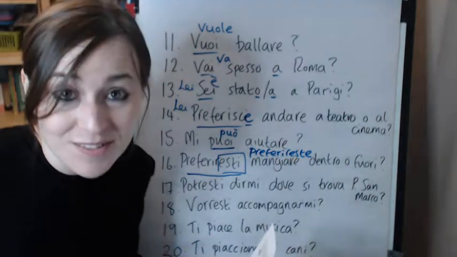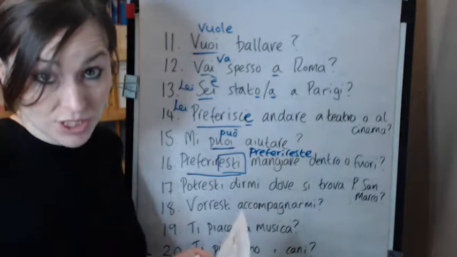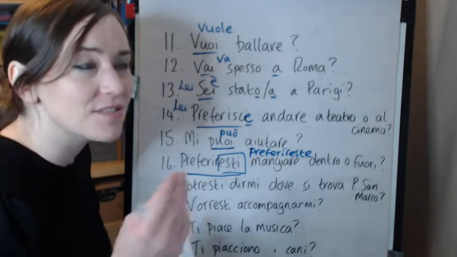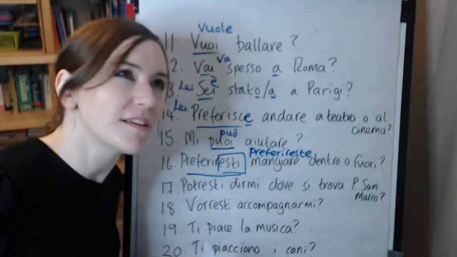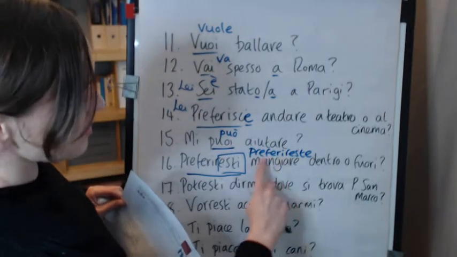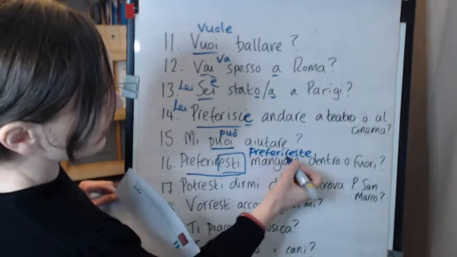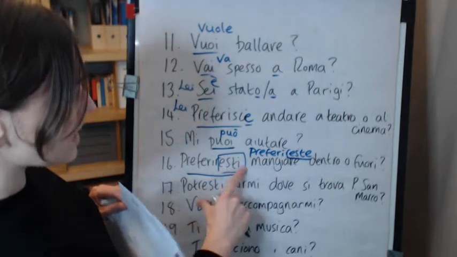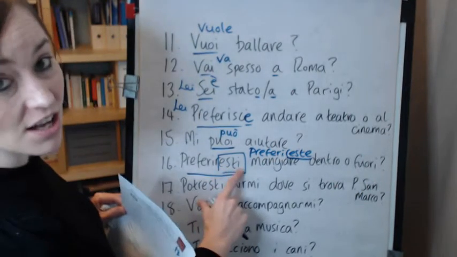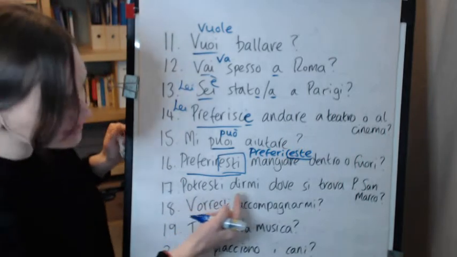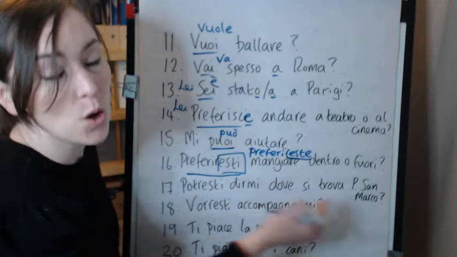But, you know, sometimes you have to do that just to make sure, especially if you're teaching someone. But, you know, it can be quite hard as a non-native to sometimes think, okay, but it's worth checking. Preferireste, the ending just has an E there, basically, instead of an I. Now, similar thing. Potresti dirmi dove si trova?